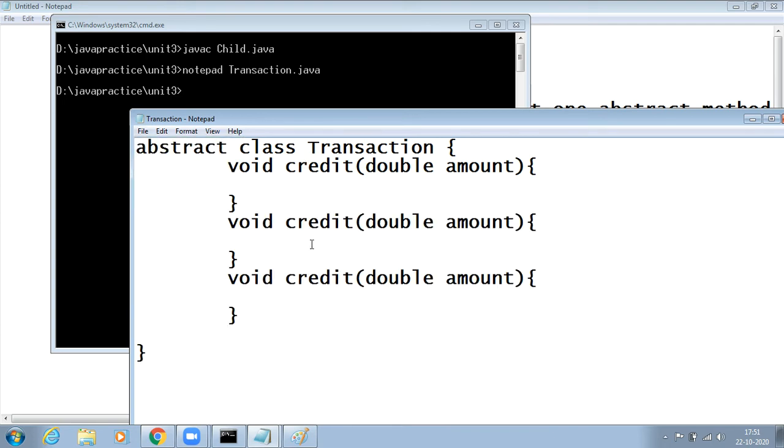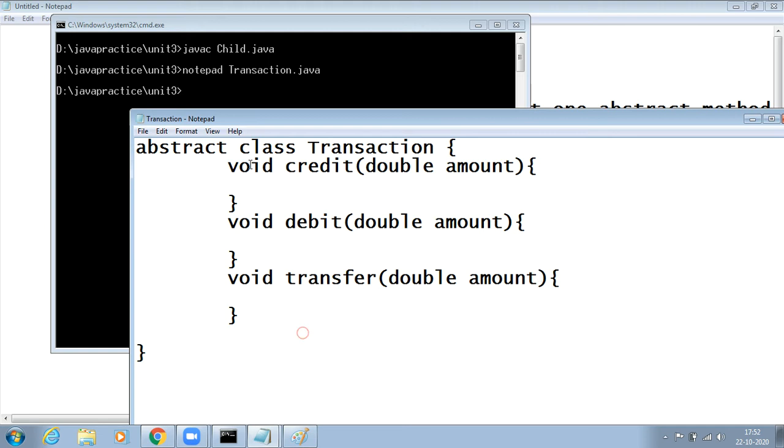I have different methods in the class called Transaction. I can have a debit method, or even a transfer method. These three methods are always non-abstract. See, these are non-abstract methods which are implemented. How much amount you want to credit, how much amount you want to debit from that account, how much amount you want to transfer from one account to another account.